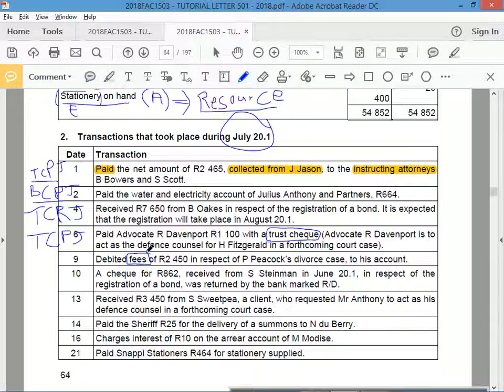Because you earned a fee, right? Who is going to be, okay, well, they didn't give too much detail here. Who's going to be helping you with the divorce? The law practice. Okay, so you definitely did something for P here, and therefore you're debiting his account. Right, the only reason why you would debit his account is if he is now owing you. Does that make sense? Okay, because now he is your debtor, inverted commas, because of the fees that you're charging